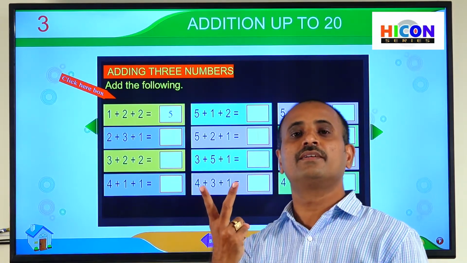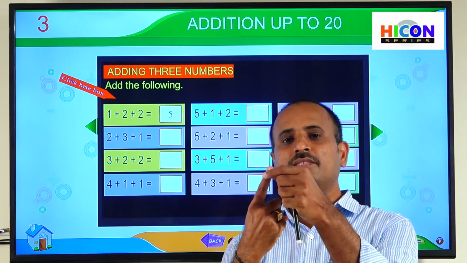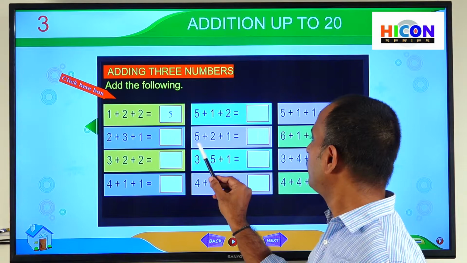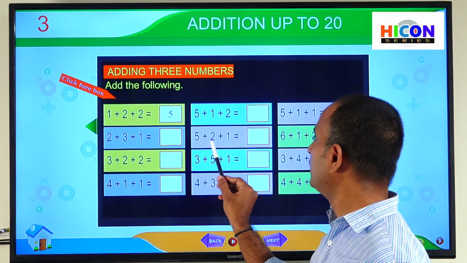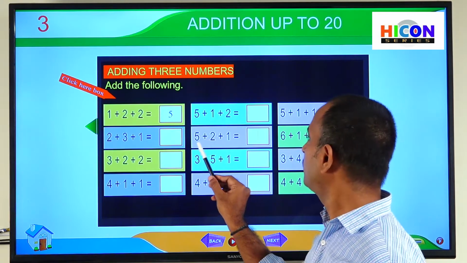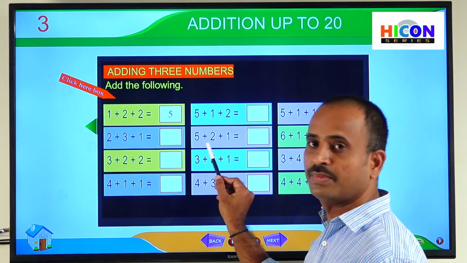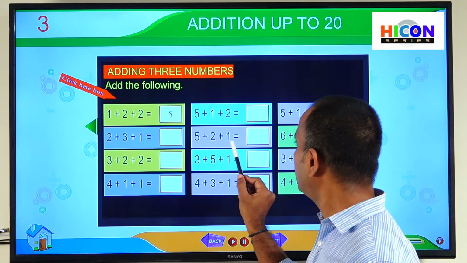After 5 you will get 6. So start counting from 6. 6, 7. So the sum of the first numbers 5 and 2 is 7. So note down this at one side. So the answer, the sum of the first two numbers, is 7 and the third number is